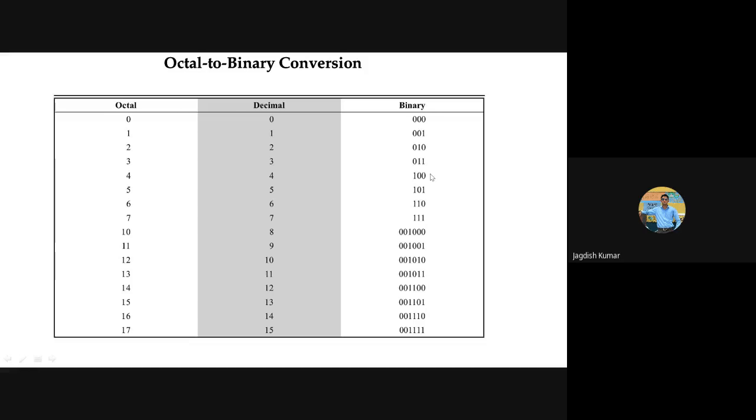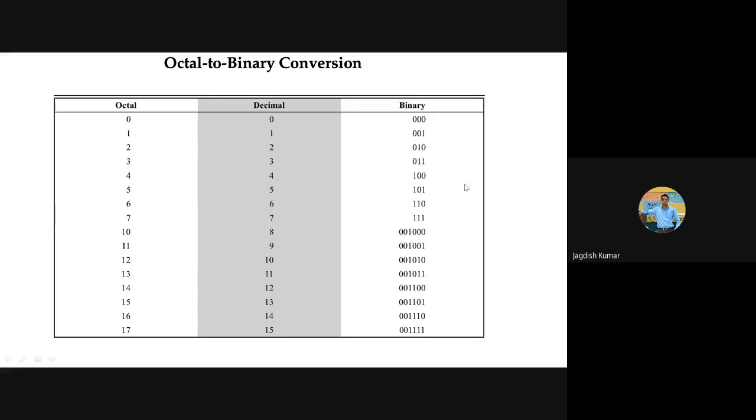And a very interesting thing is that as the highest number in the octal number system is reached, the highest number in 3-bit binary representation is also reached. Because beyond this, we have to go to 4-bit representation, just as here we have to go to 2-digit representation, right? So this interesting similarity is very useful. If I have to convert any number from octal to binary, I have to take the corresponding binary bits for that particular number, and it is very easy to remember.